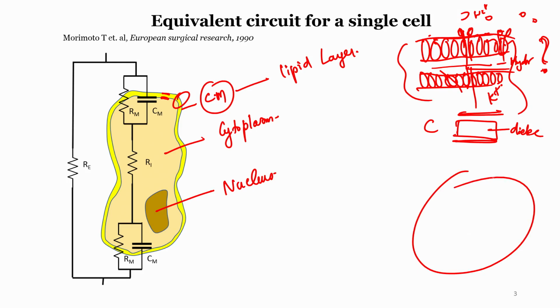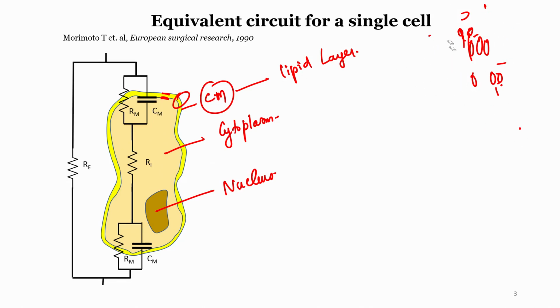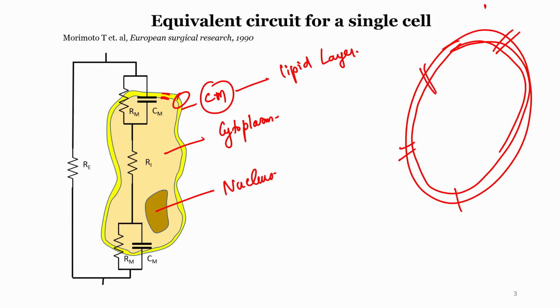So if I draw the membrane here, let us say I draw the membrane here as a big entity. There are two layers, right? If I draw the membrane here, there will be random openings here and there, not many. Okay, so what would these random openings be then? They will be like a resistance, right?